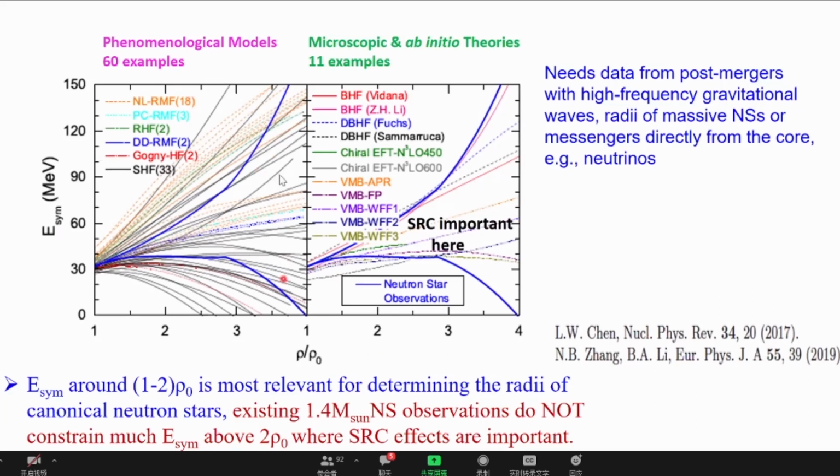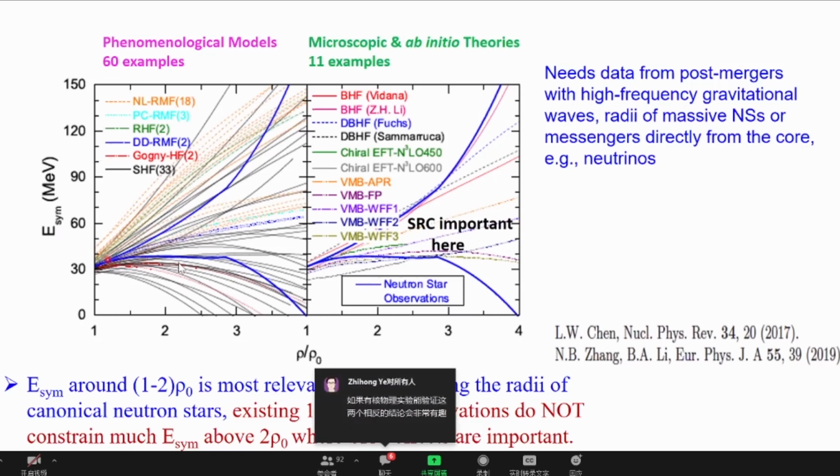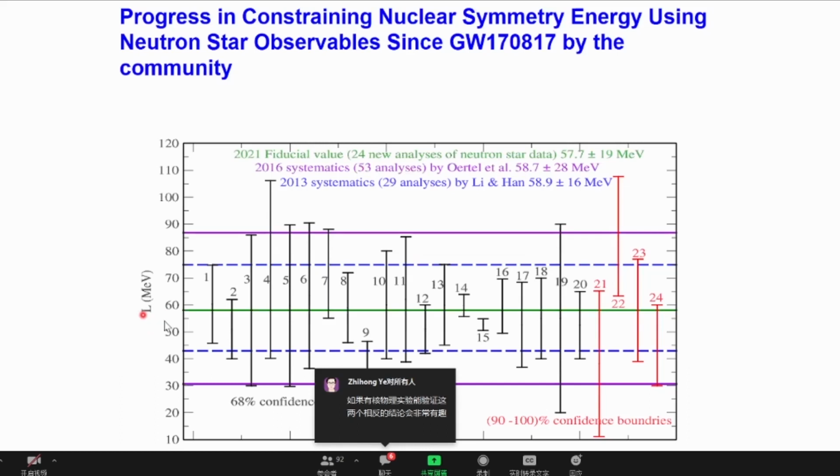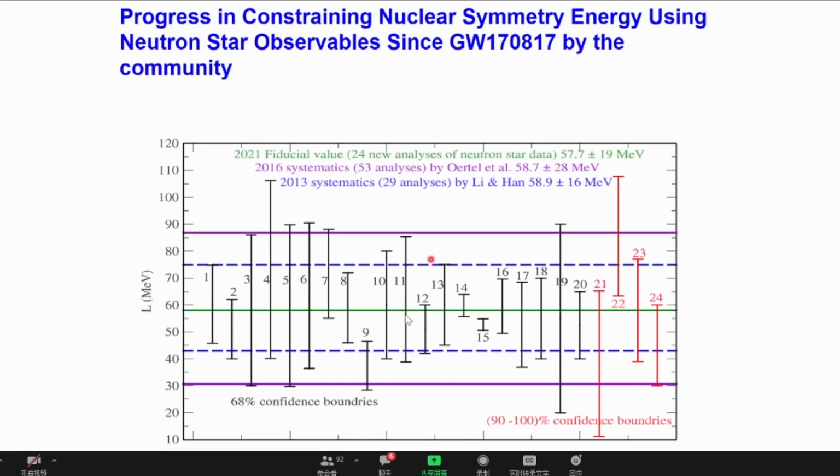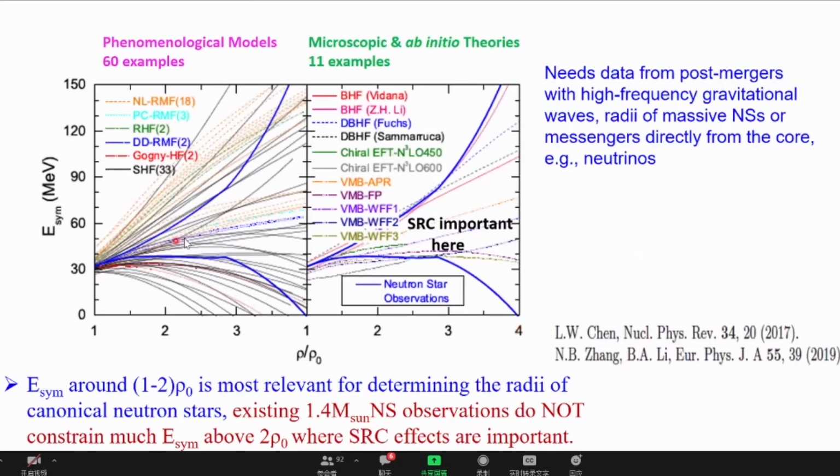density symmetry energy，给你很大的 window，不能 fix。虽然现在已经有 constraint from canonical neutron star，或者从 radii measurement 或者 gravitational wave，能给 symmetry energy below 2 times nominal density，特别是 around saturation density，能够给比较好的 constraint。因为不同的 analysis，20几种给的 slope of symmetry energy 差不多都是60左右，和以前我们知道的都 consistent。但是你要到 above 2 times nominal density，现在 neutron star 的 observable 都不能 constrain 这个 high density symmetry energy。所以我们建议你要 look at